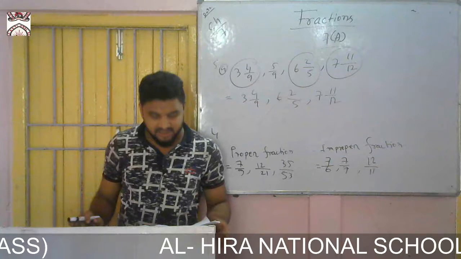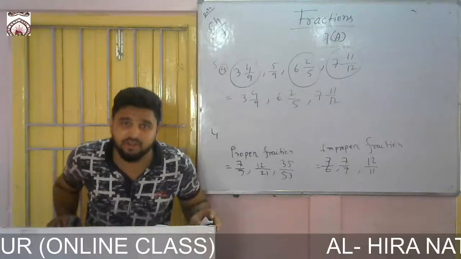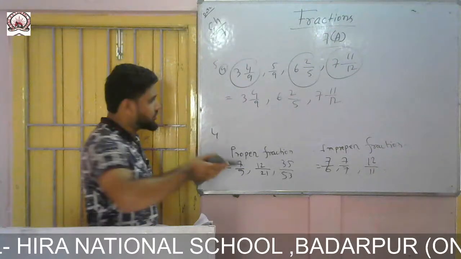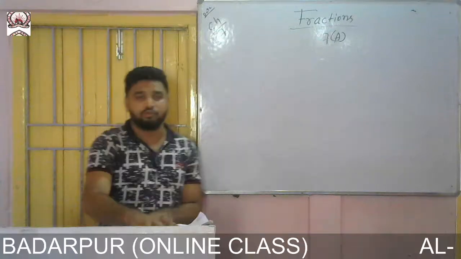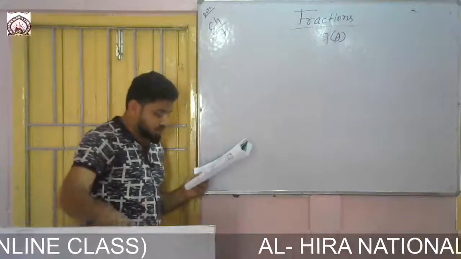Change into mixed fraction. These fractions are improper fractions. Only the improper fractions can be taken into mixed fractions. So you see all the fractions are improper fractions. So let me take all these into mixed fractions. How to convert from improper to mixed? So see. To convert from improper to mixed, you need to divide. So 2 or 3 I shall show.